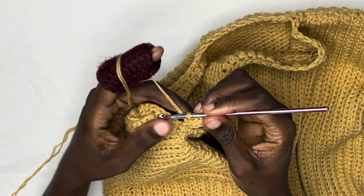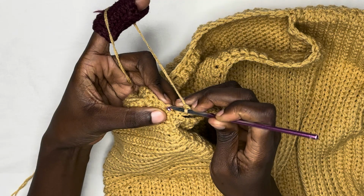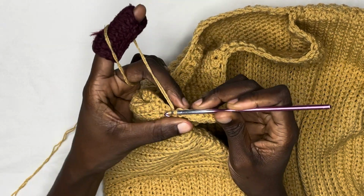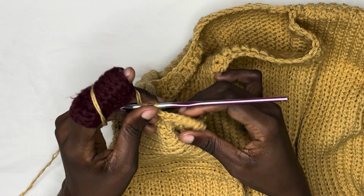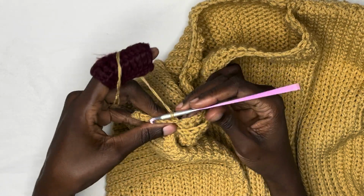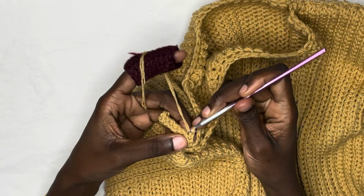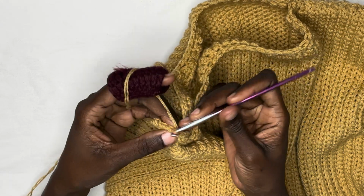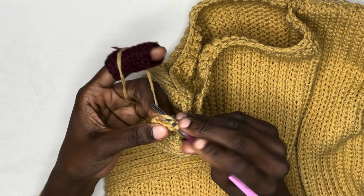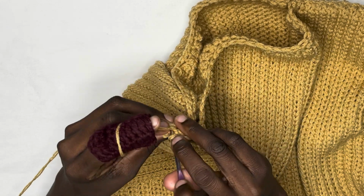I'm at the end of row 3, so you are going to go in this second space, insert your hook there and slip stitch, chain 1, turn your work, skip that 1 slip stitch and go in the second one and slip stitch. All right, at the end of row 4, you should have 7 slip stitches, chain 1, turn your work, start row 5,